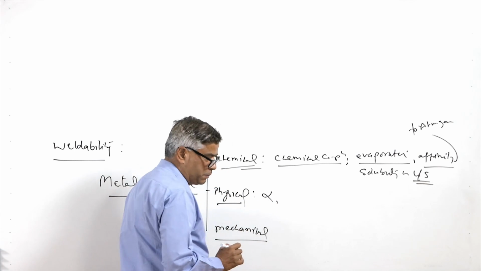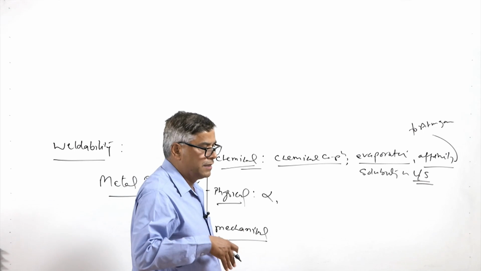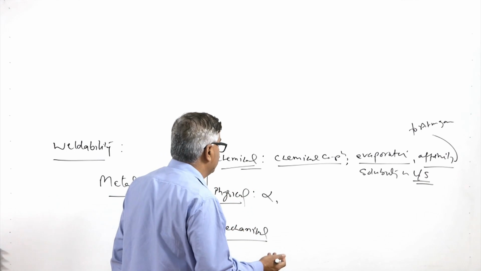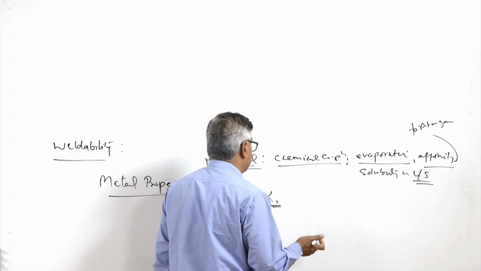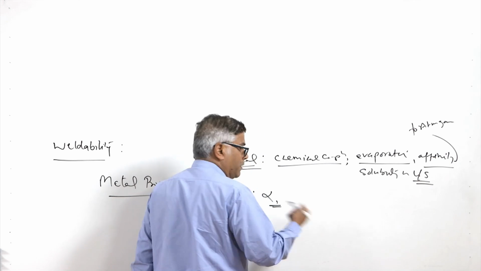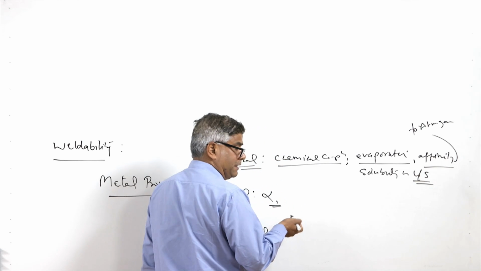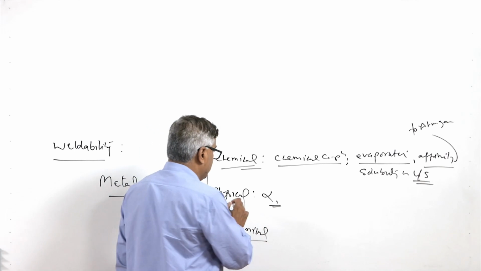One is the thermal expansion coefficient. Greater is the thermal expansion coefficient, greater will be the tendency for having the residual stresses, greater the distortion tendency. So, this is a big problem if the metal is having high thermal expansion coefficient. So, high residual stresses, high distortion tendency, which will be affecting the mechanical properties of the weld joint as well, because of the development of the tensile residual stresses along the weld joint.